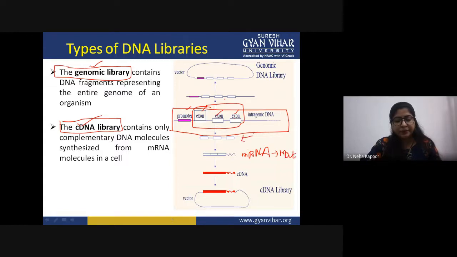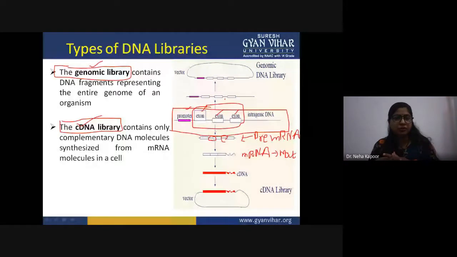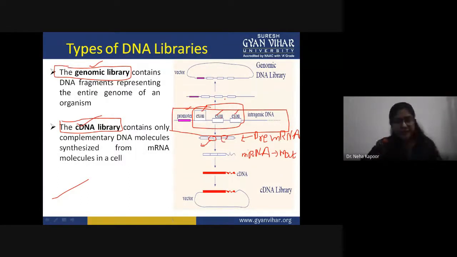This is pre-messenger RNA, in which you can see some introns, because once mRNA is constructed from DNA, these introns are removed by post-transcriptional modification. You must have studied all these things in transcription, translation, and post-transcriptional and post-translational modification. After that, RNA splicing happens. Because of that, these introns are removed, and this is the polyadenylation tail. So this is a mature messenger RNA, containing only the exonic region.